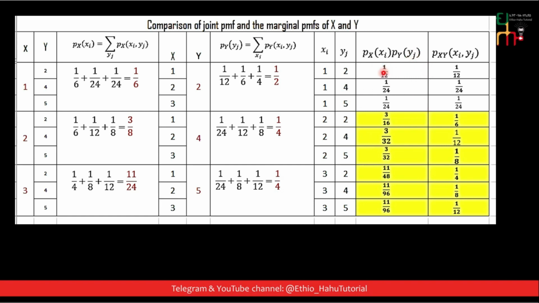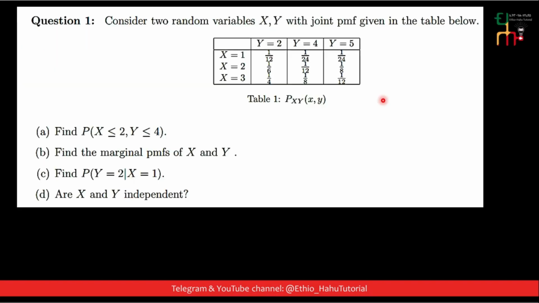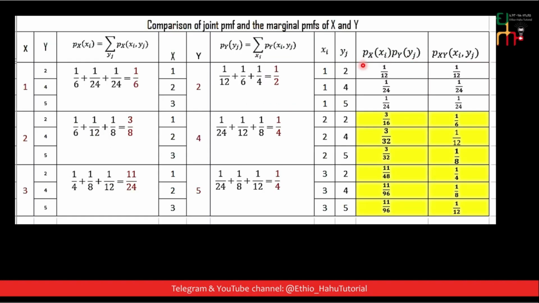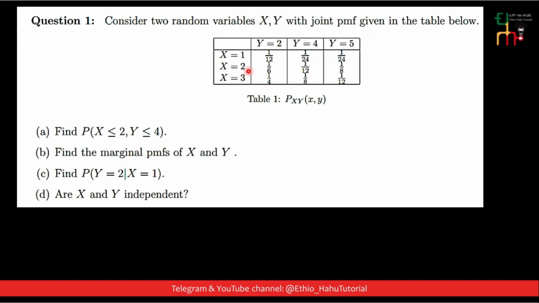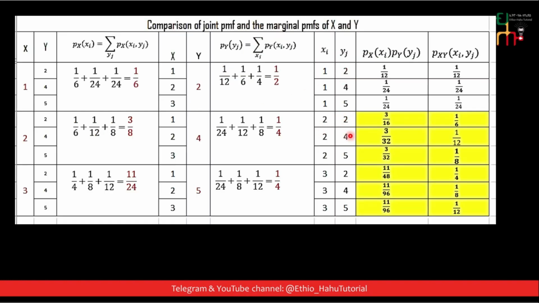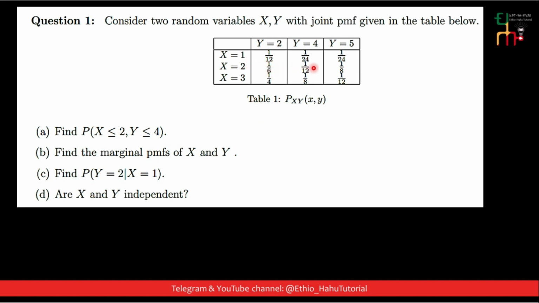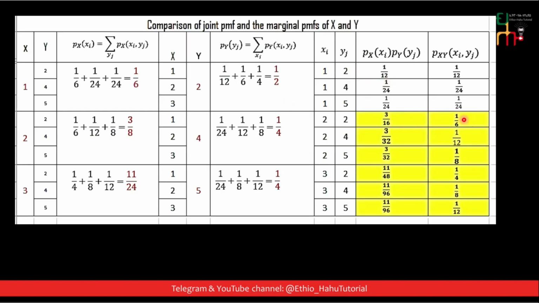እያንዳንዱ x እና የ y ን marginal probability mass function product አገኘን። እዚህ ጋር ደግሞ joint probability mass function ናቸው from the table ተሰጥቶናል። ይሄ ማለት for x is equal to 1, y is equal to 2 4 5 ማለት ነው። x 1 ሆኖ y 2 4 5 ሲሆን እዚህ ጋር 1 over 12, 1 over 24, 1 over 24 የመጀመሪያው ሮ ነው። x 2 ሆኖ y 2 4 5 ሲሆን ሰከንድ ሮ ማለት ነው። 1 over 6, 1 over 12 and 1 over 8 አለኝ። ለሶስተኛውም እንደዛው አገኘን። ስለዚህ ሁለቱ ራንደም ቫሪያብልስ ኢንዲፔንደንት ናቸው ማለት